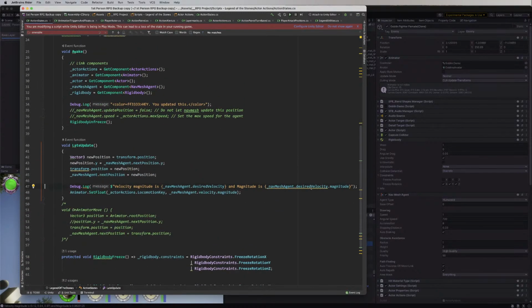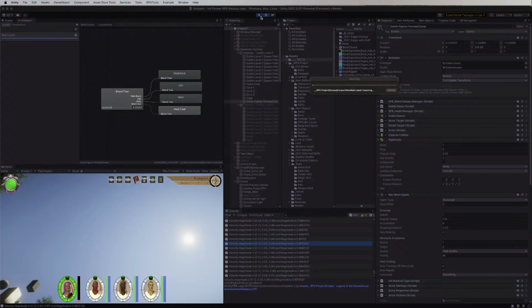Nope. Nope, I was not. I really do want to use the root motion though, but